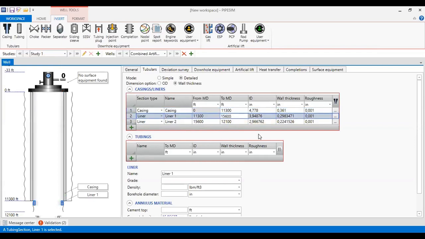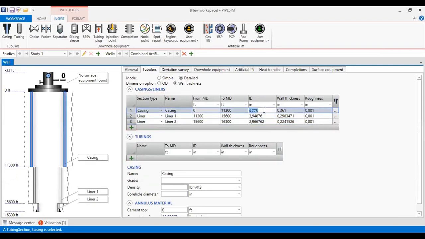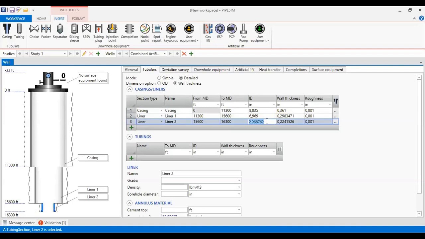This one you can follow through 16,300 with inside diameter 8.835 and then 6.659, and then 6.366.